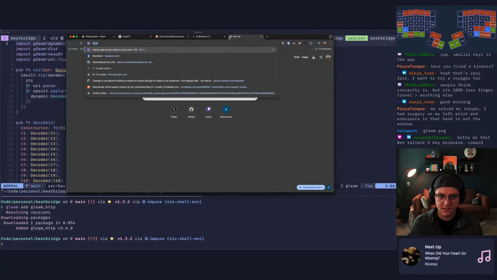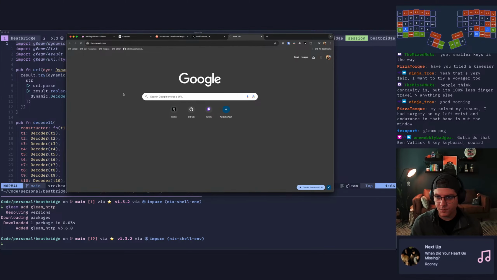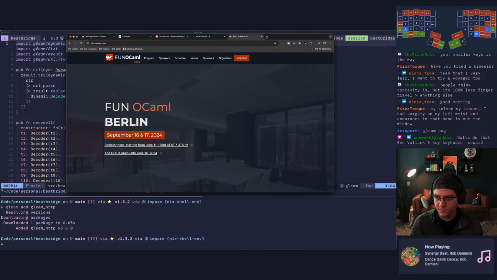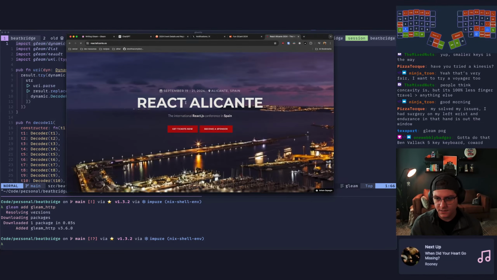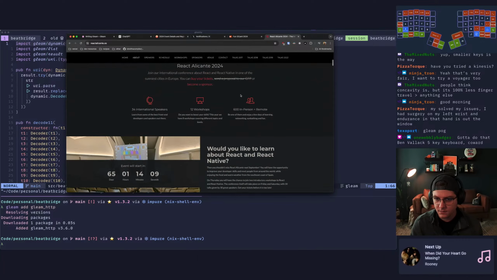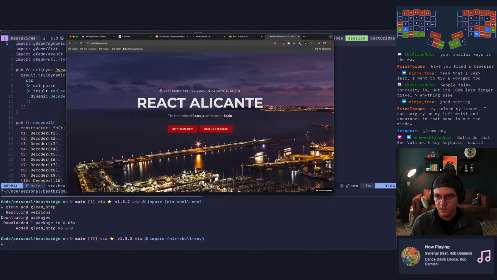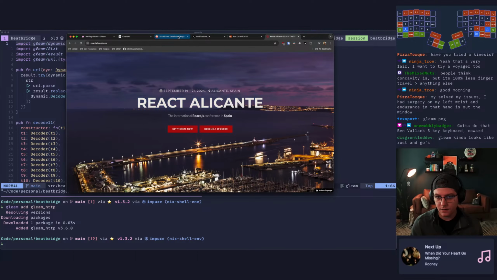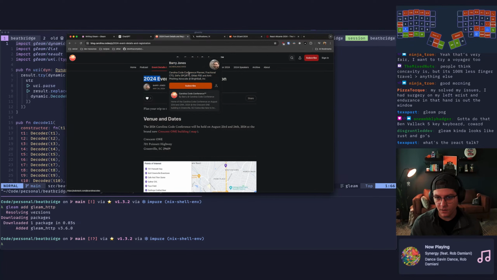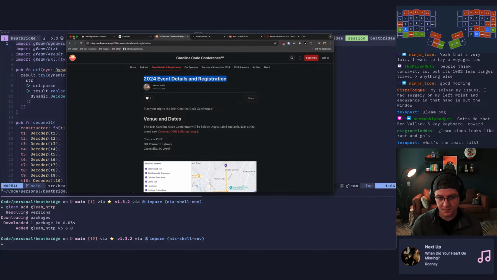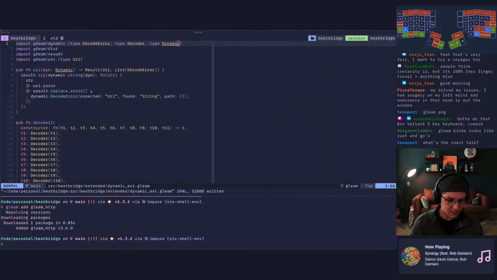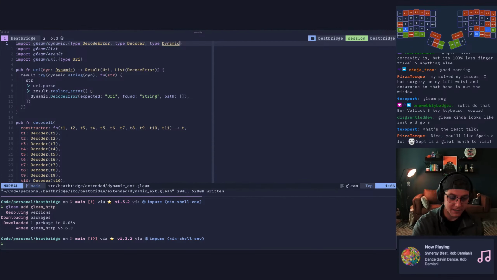conference, and then I'll be speaking at FunOCaml in Berlin, Germany in September, and from there I'll be going to React Alicante in Spain and speaking here. So 2 OCaml conferences, although the talk I'm giving at FunOCaml is more of a soft skill talk rather than anything technical. This I'm doing basically real world React with OCaml and Melange. And then I've been speaking with Barry, who runs this, about either doing Riot or Gleam for my session on here. And I think I'm going to go Gleam just because it's a little bit more mature right now. The React talk